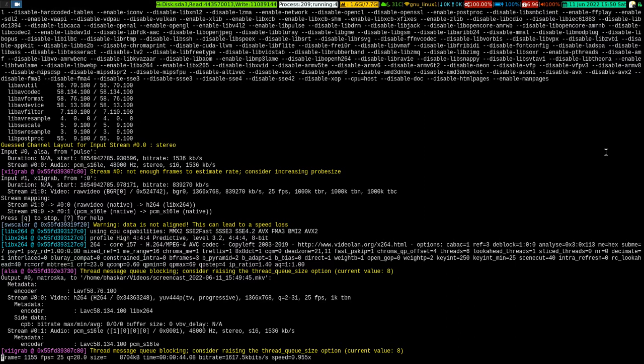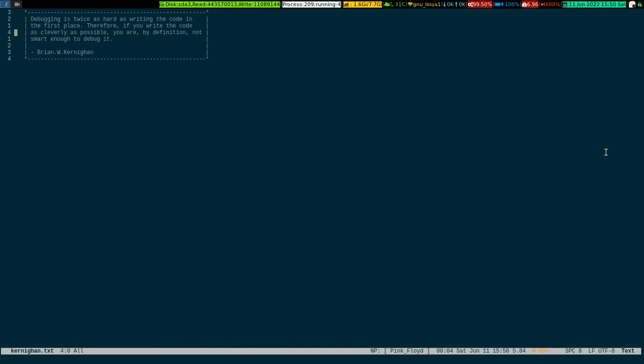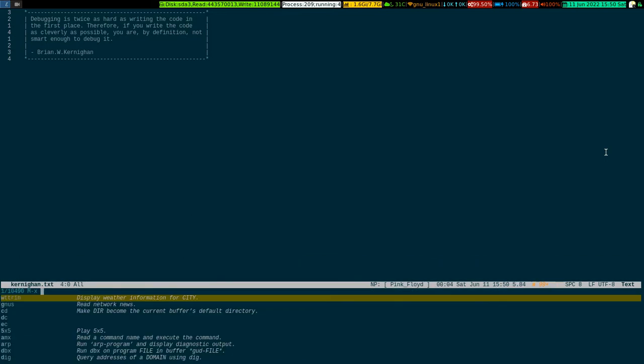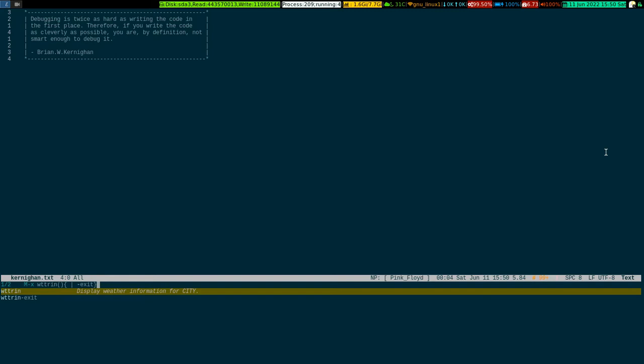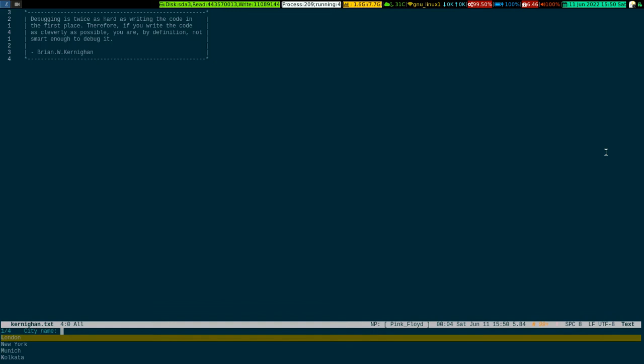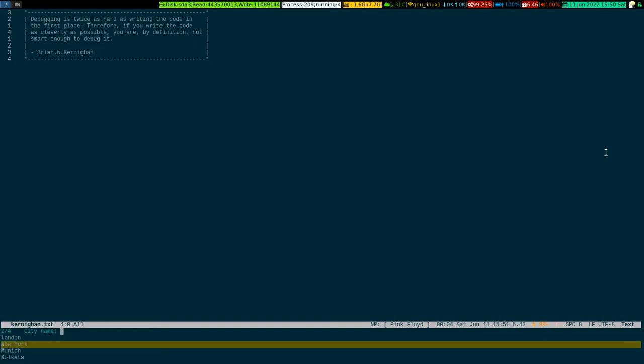Okay, so without further ado, let me get into my Emacs, and all I have to do is M-x, and write wttrin, as you can see on the highlighted area in the minibuffer. If I press enter, now look at the bottom of the screen, it is prompting me to enter the city name. If I go to New York and press enter,